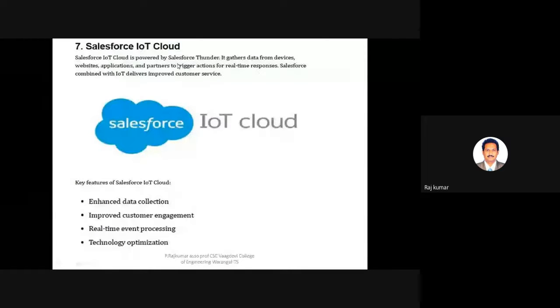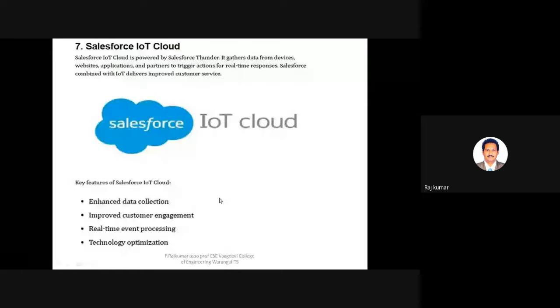For example, I'm reading some data like temperature. If temperature goes beyond some threshold value, say beyond 100, immediately it will trigger an SMS or email or some such messages. So it improved customer service to a large extent.